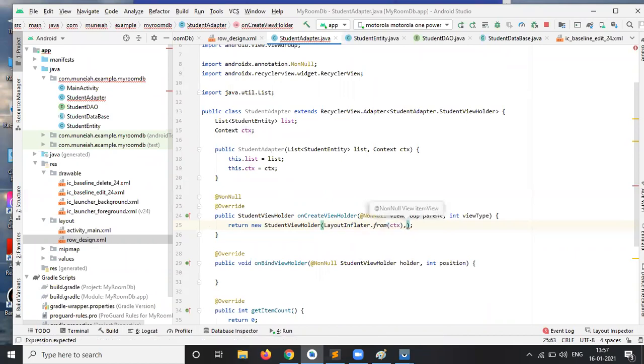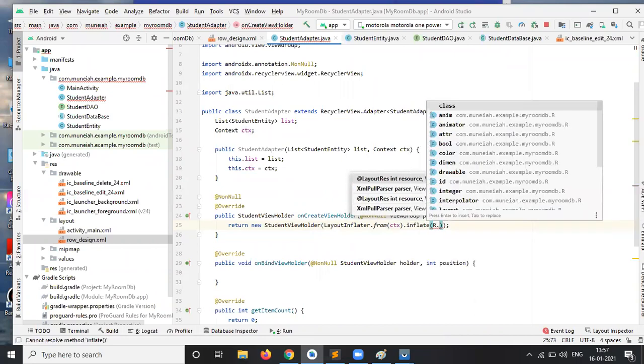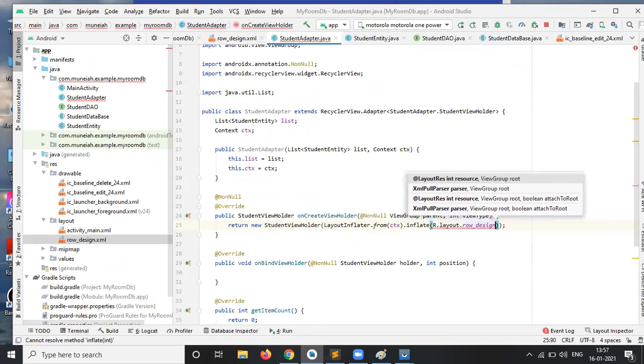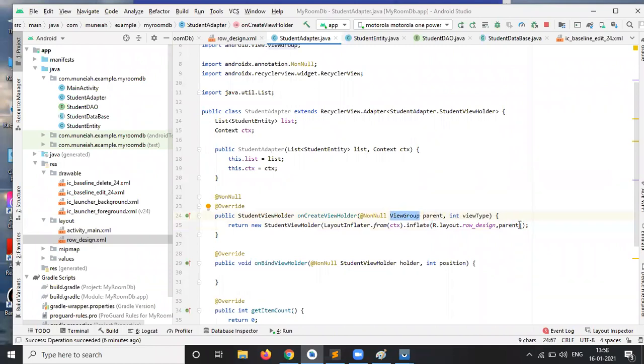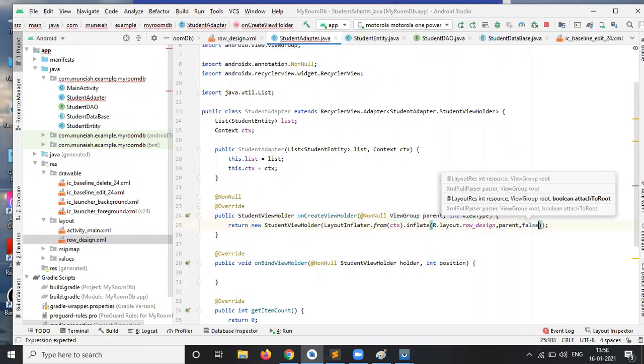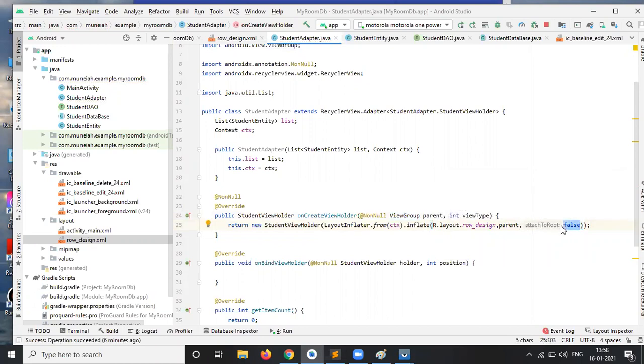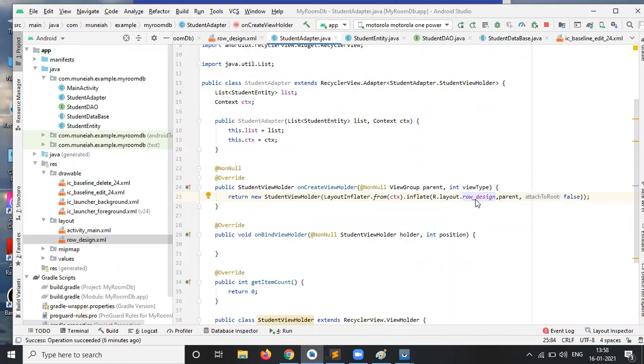Then dot inflate. What we need to inflate: R.layout.row_design, the XML file. Then the parent, the ViewGroup object, is parent. After that we need to give false. Why? Because I don't need to attach the root layout. So this is the inflating of our row_design.xml file. For every row, it will display this row_design.xml file.